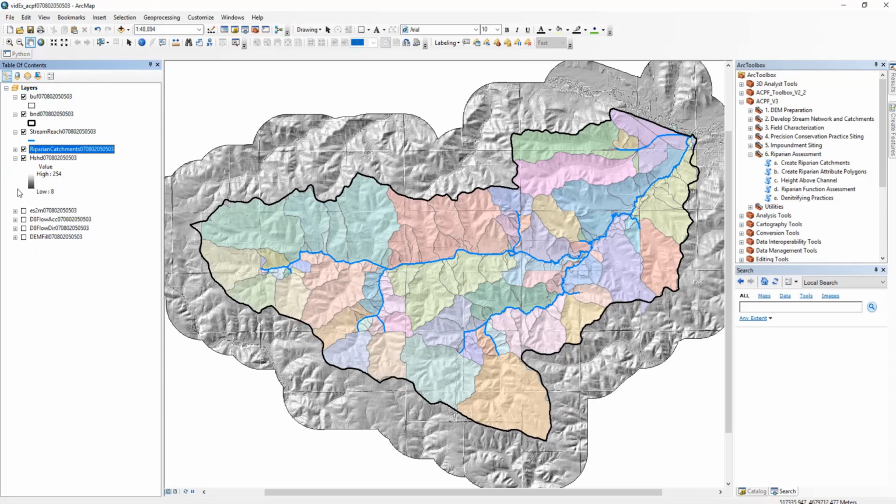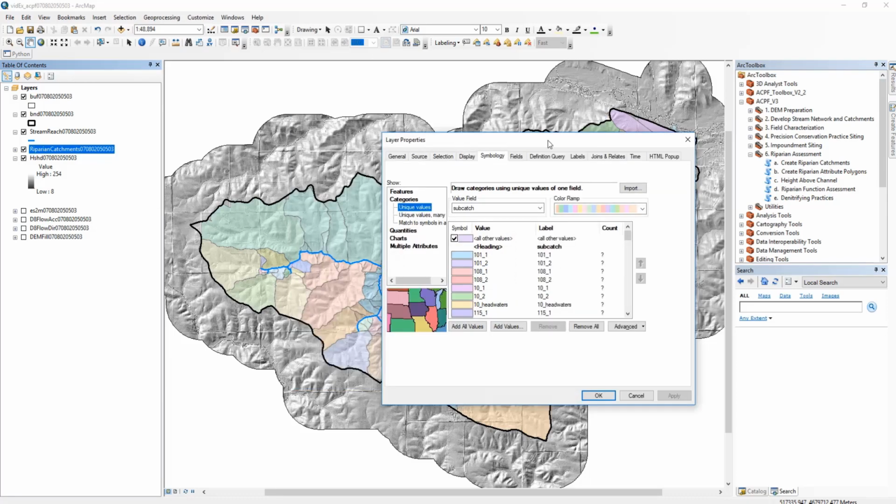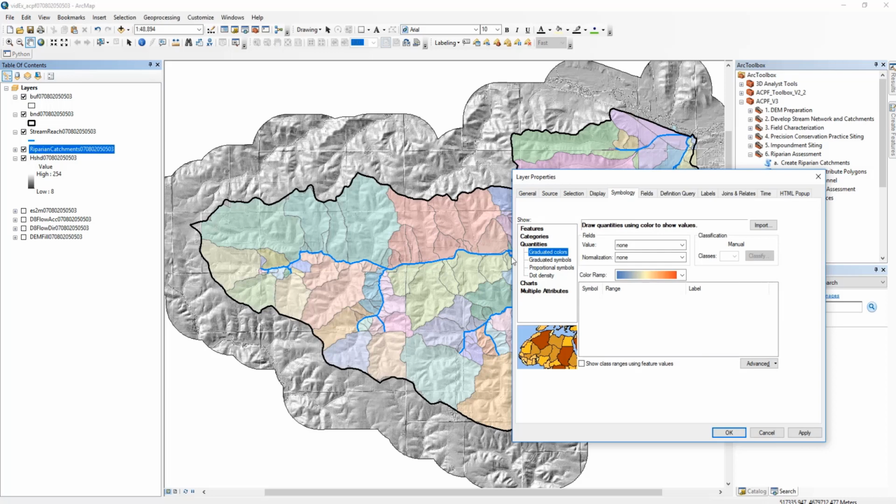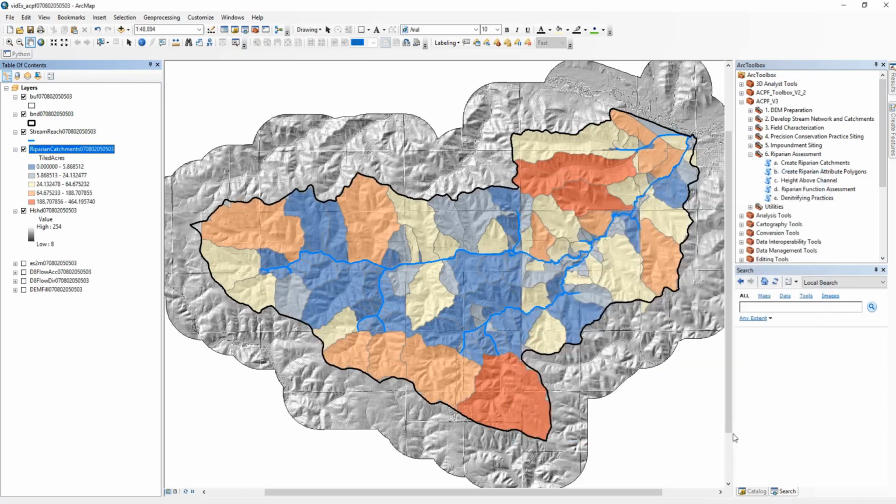So real quick, I just want to show an example of how you can use some of those attributes to extract more information. Say you were looking to implement some riparian practices or edge of field practices that treat tile drain water, but you would like to know which areas to address first. We can go into symbology under quantities and choose that tiled acres value. I'll keep this color scheme, but you can see this is starting to break it out into classes, how many acres within each catchment are tile drained. And we'll hit apply.